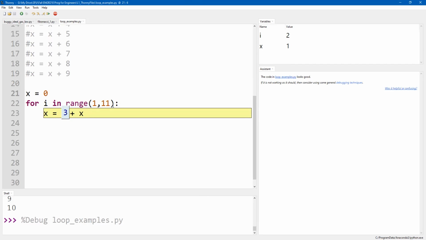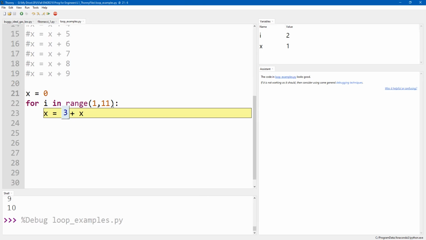So now X is 3. So you see what this loop is doing. Because whatever is on the right is stored on the left, I can use X to redefine itself, which is super handy.